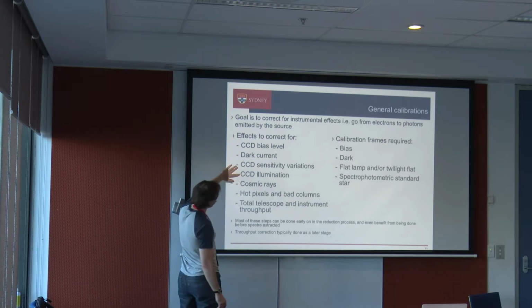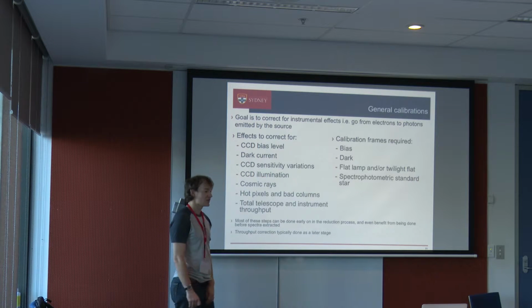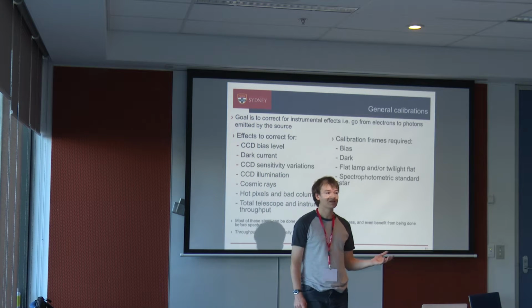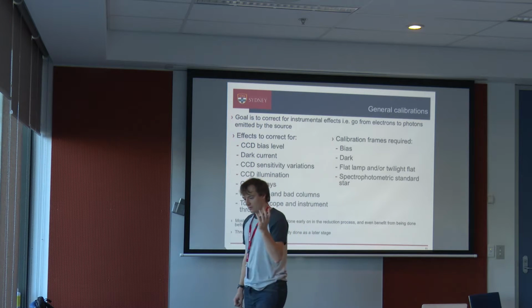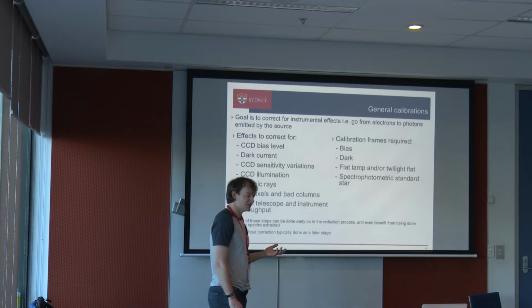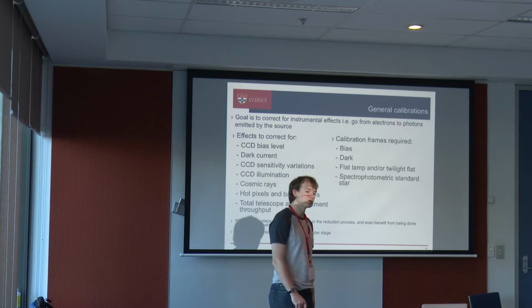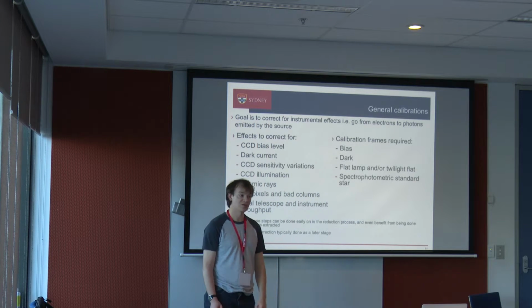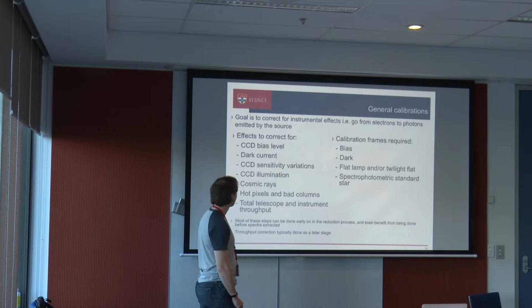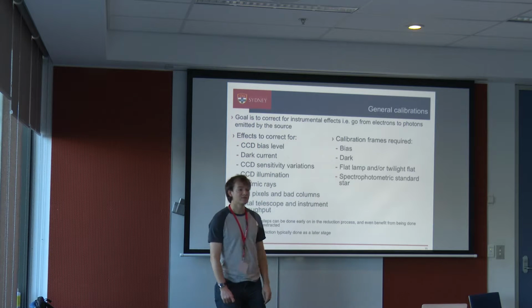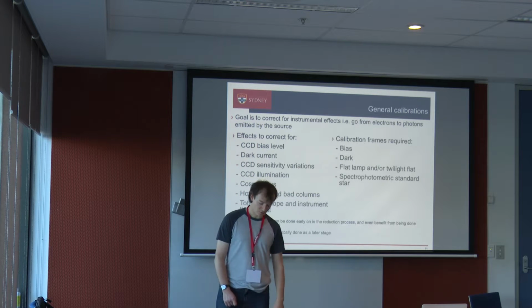CCD sensitivity variations and illumination you kind of correct for at the same time. Sensitivity variations saying that, well, at the blue end of my CCD I get one electron per photon, at the red end, my CCD is better, so I get 2 electrons per photon. I need to know that information so I can actually figure out how many photons I got rather than simply the number of electrons. CCD illumination is a similar but slightly different effect, and that's what you're accounting for here